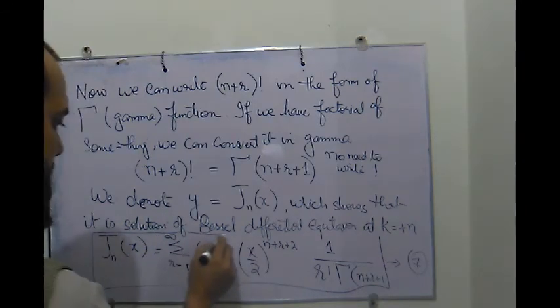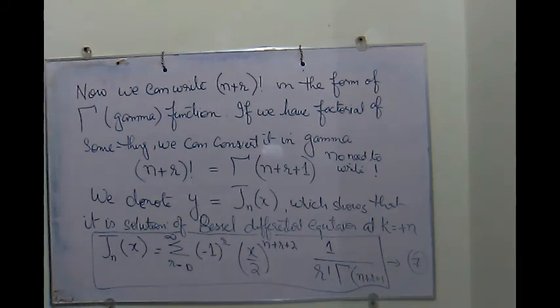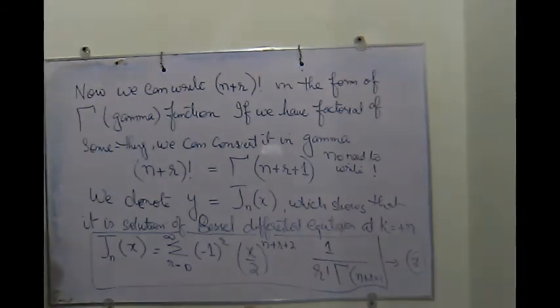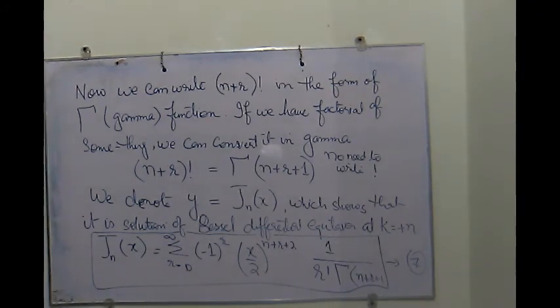So this is now the final solution for the Bessel differential equation. We have derived it, but we know that we have two constants. Now we have k is equal to positive n. So that was case 1. Equation 7 is the result for case 1. Now for case 2, we have k is equal to minus n, if you remember that.